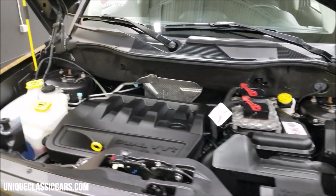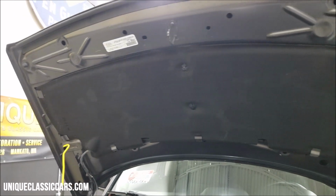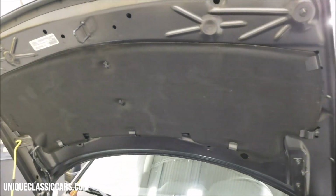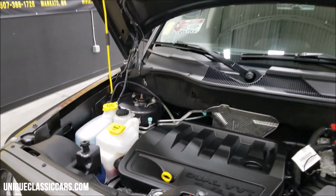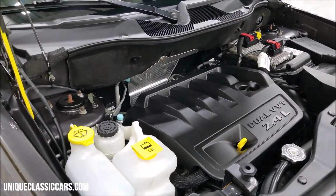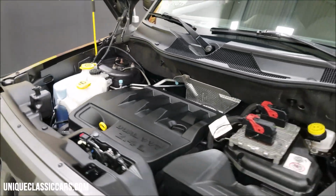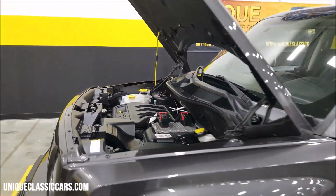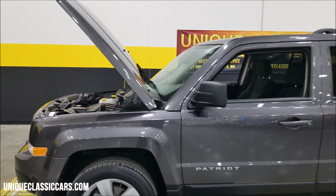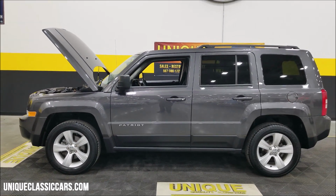Just what you'd expect. Take a look at this hood liner too. You can tell this thing hasn't really been driven in any sort of inclement weather. Very, very clean. 2.4 liter, smooth runner. Nice, economical, reliable engine. So there you go, looking for a nice little SUV, 2017 Jeep Patriot Latitude, a little over 26,000 miles, 2-owner,